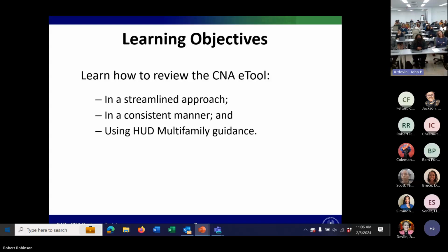Everything that's now in the CNA eTool related to green and resiliency is all thanks to RECAP. One of the things I always enjoy about working with your office is you're always on the forefront in the affordable housing industry. For example, all of the FHA insured transactions have to use the CNA eTool,